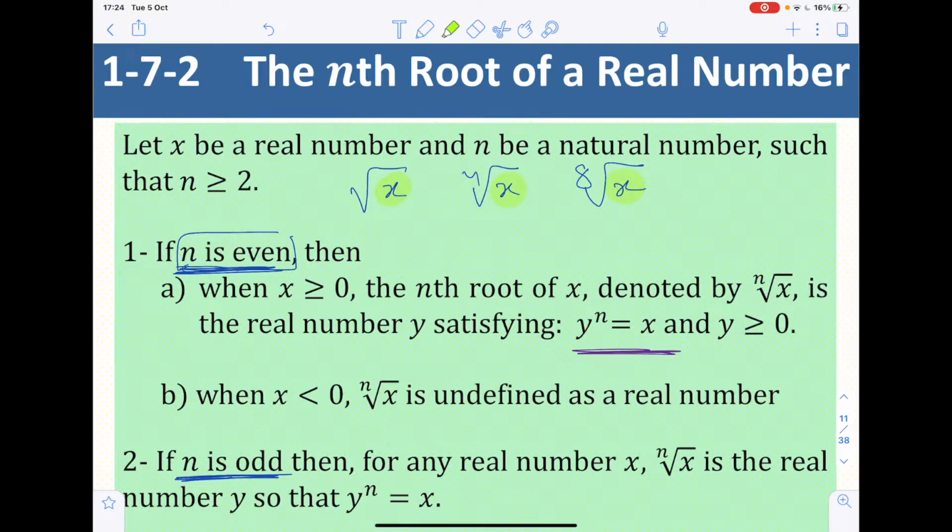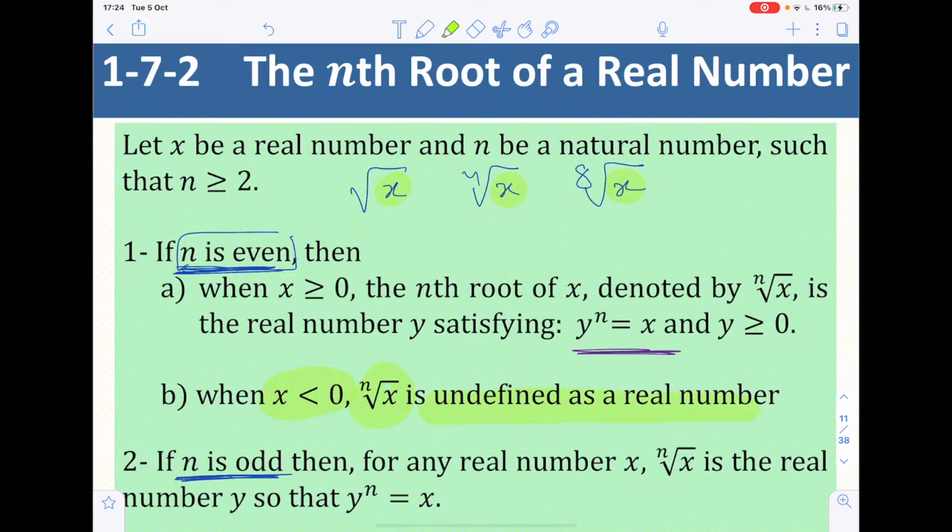If the value under the root is positive, we don't have any problem, the value would be positive and everything is okay and defined in the real numbers. But if the value under the root is negative,